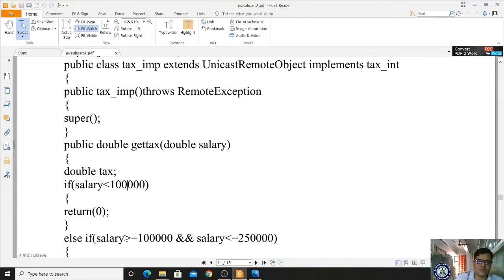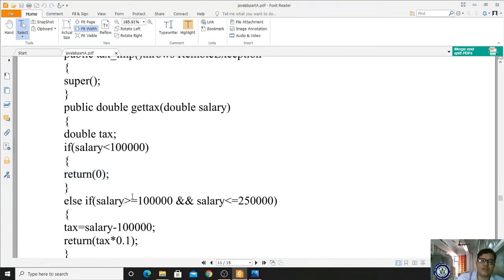Else if salary is greater than or equal to 1 lakh and salary is less than or equal to 2,50,000. If salary is less than 1 lakh, there is no calculation part, it is returning 0, nothing. Else if salary is greater than 1 lakh and salary is less than or equal to 2,50,000, then tax is salary minus 1 lakh and return tax into 10%.